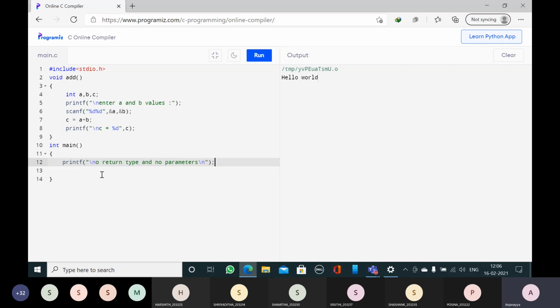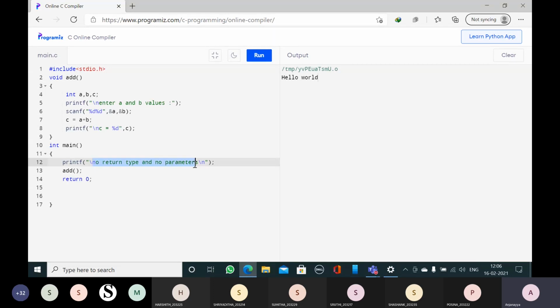Now I'm calling the add function. Return 0. So in this program there are two functions: one is the add function, another is the main function. Here I am demonstrating the no return type and no parameters function type.